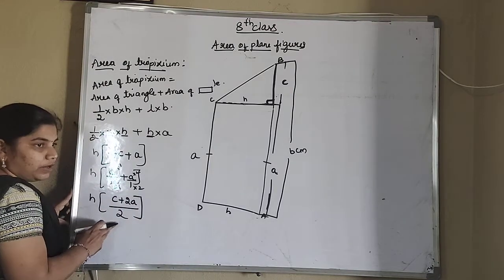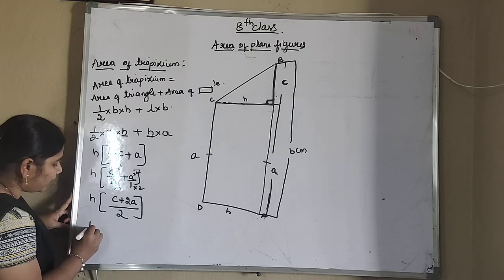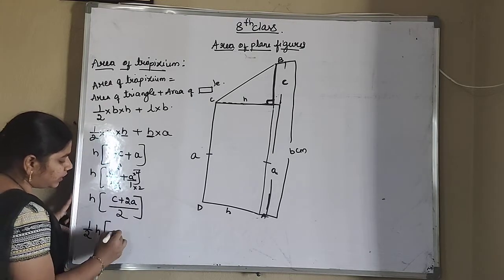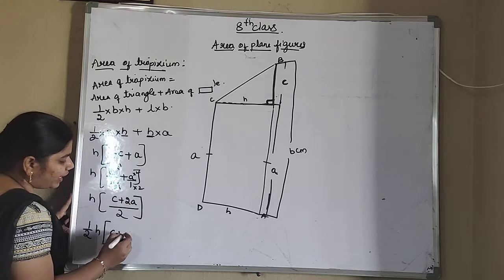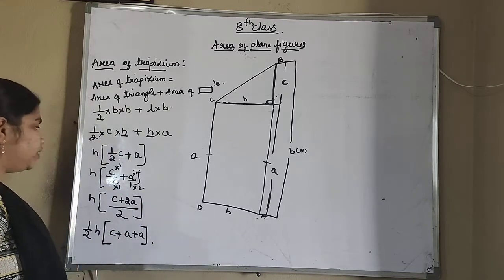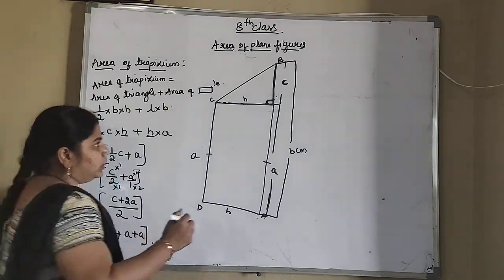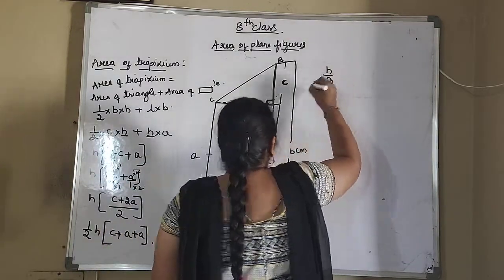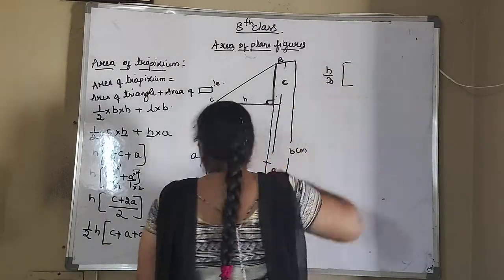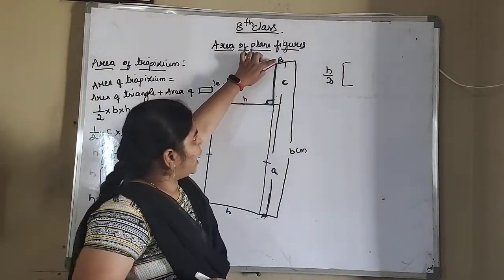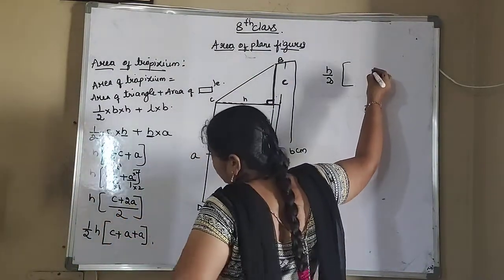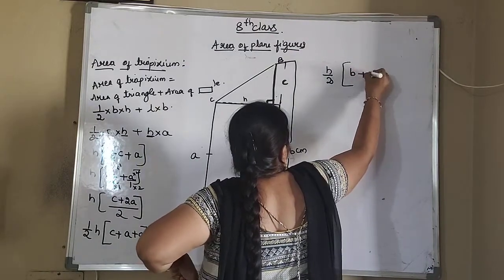Okay. So now from this term I am taking half as common. Half, this H I am writing as it is. And what is the remaining term? C plus this 2A I am writing in the form of A plus A. So 1 into H will be H by 2, bracket open. So C plus A is how much? If you add this C term and A term, the total will be B. So in place of C plus A, I am writing it as B plus A.